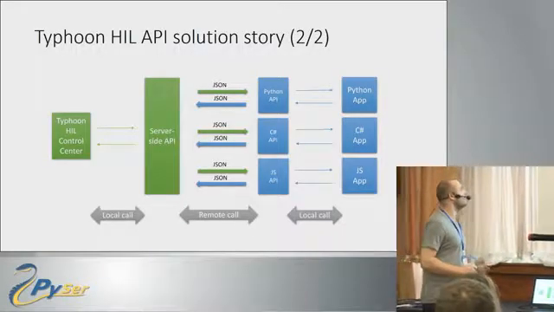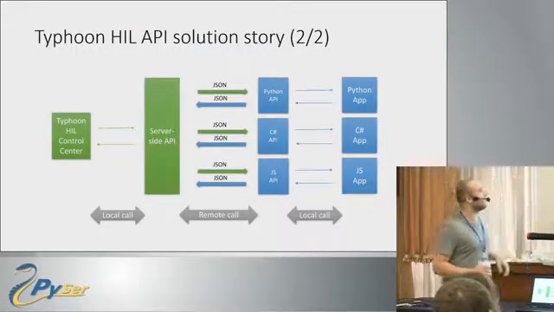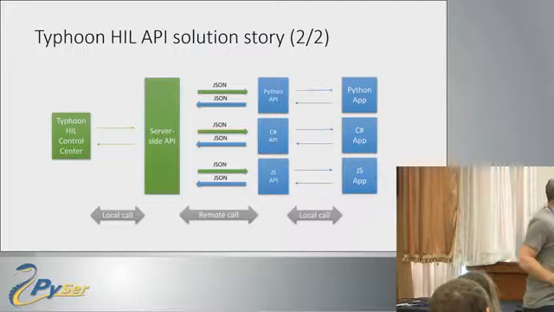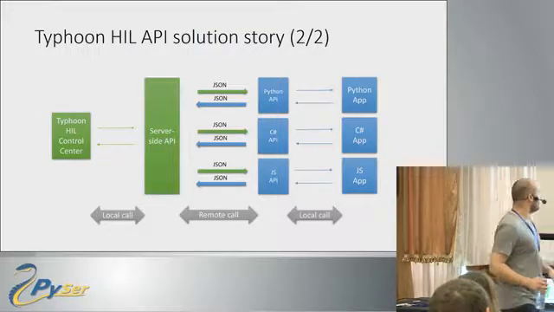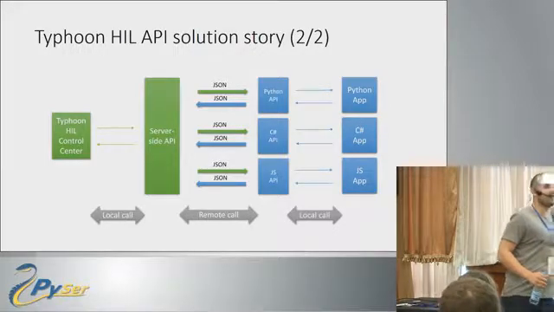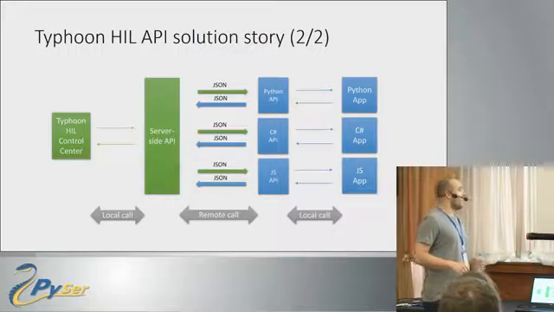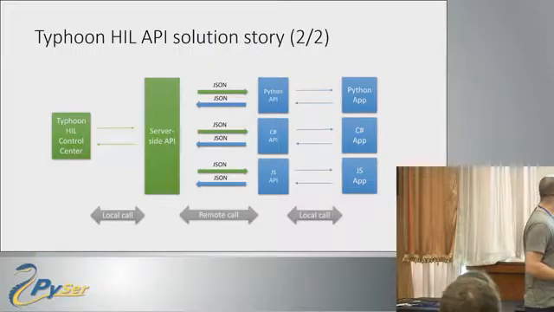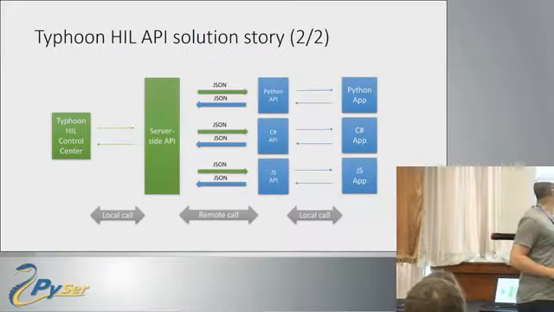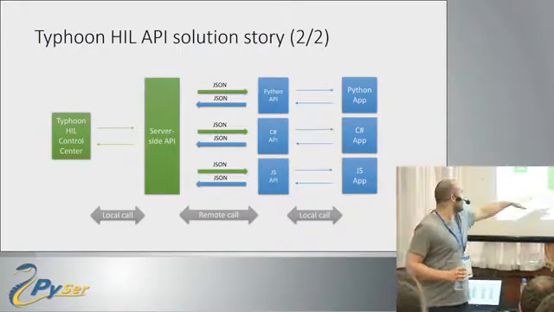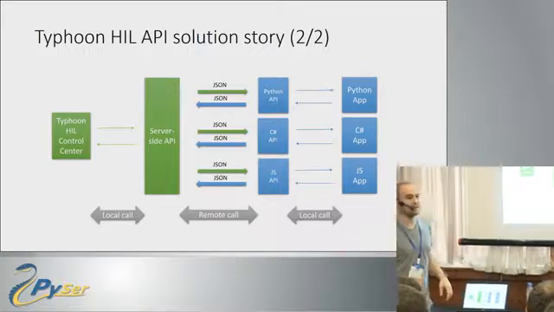This is how we did it. We have a control center, the main application that we have, which has the server side, and this is the client side. As you can see, this here is a remote call. That's the only thing that is remote. And we use JSON RPC as a standard to communicate between our server side and the client side. This means that a client can be implemented in any language as long as it respects the boundaries of the JSON RPC specification.